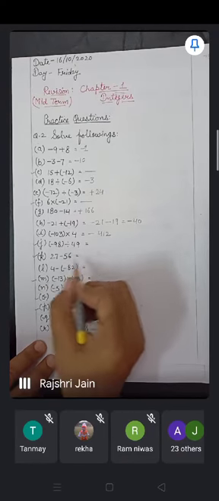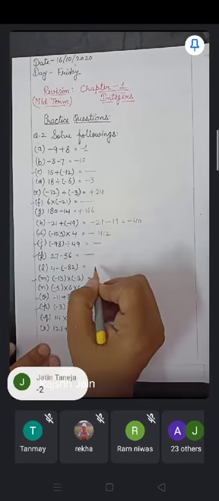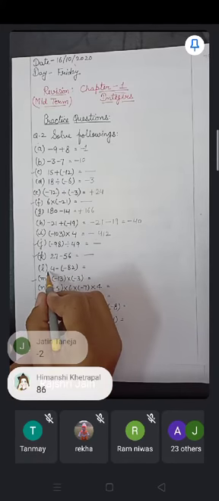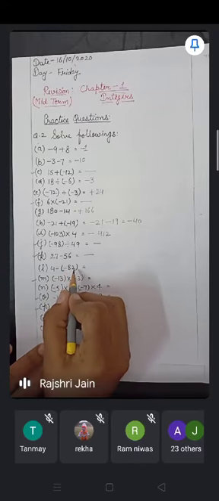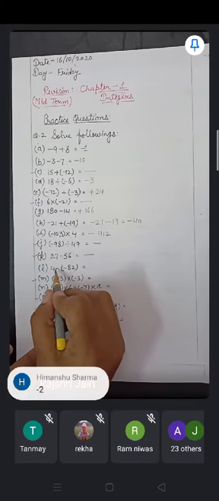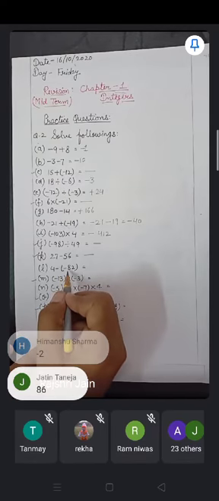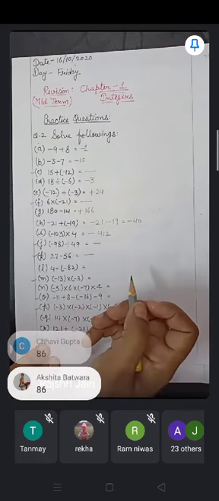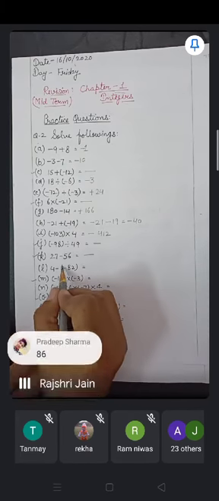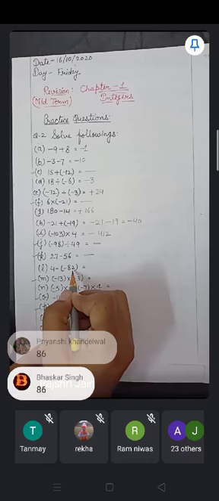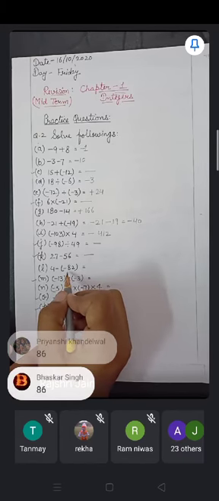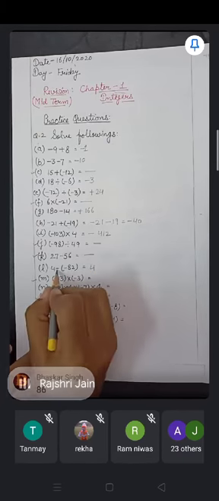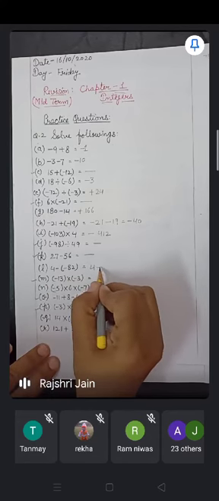Okay, now J and K part you have to do yourself. Then L part, 4 minus minus 82. Some students get confused because of this negative sign. They subtract 4 from 82. They just see 82 is negative, 4 is positive, they will get subtracted. But first of all, you have to open this bracket. Whenever a bracket is there, first of all, you will have to open the bracket. Then 4 minus and minus will get multiplied and they give plus sign.